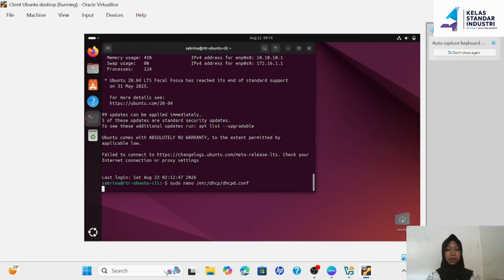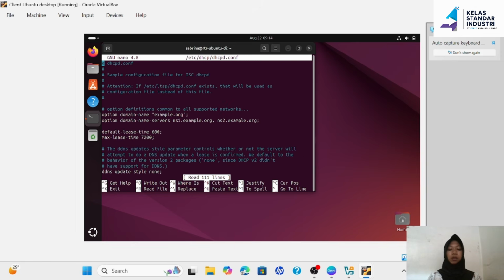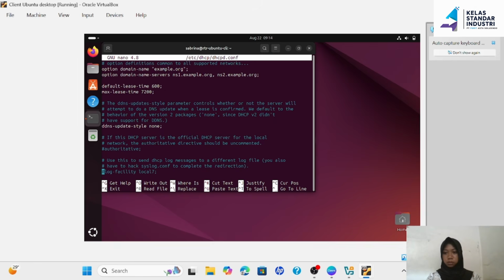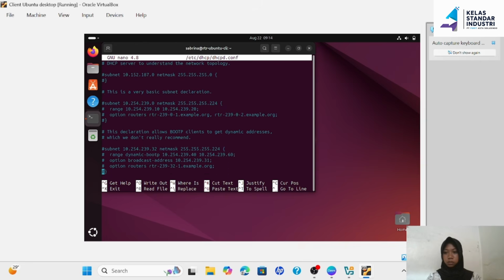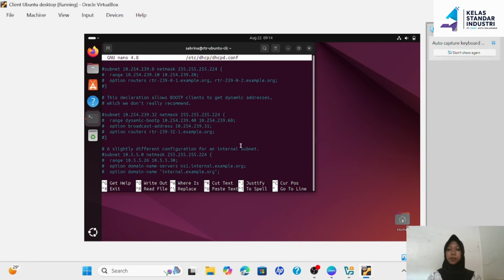And then press enter. Here we look for the text "slightly". Then we remove all the hash symbols.